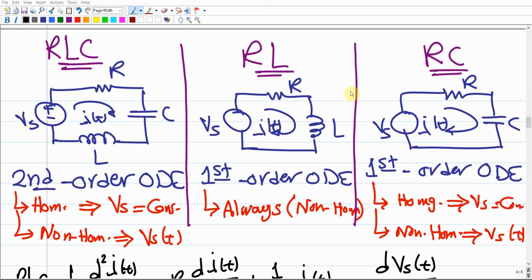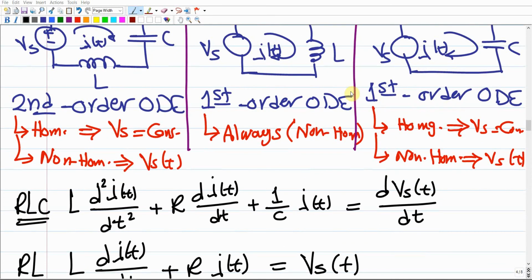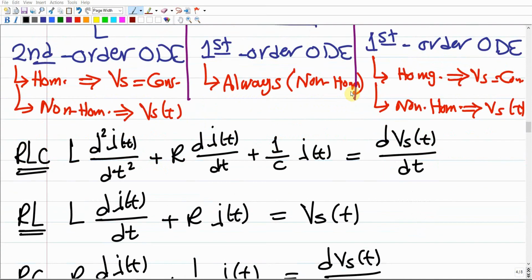And these ODEs would be homogeneous or non-homogeneous depending on the right hand side, as we discussed in the previous video. If the right hand side has a value, it means that this is a non-homogeneous ODE. If there is no value, it is commonly known as a homogeneous ODE. So we derive